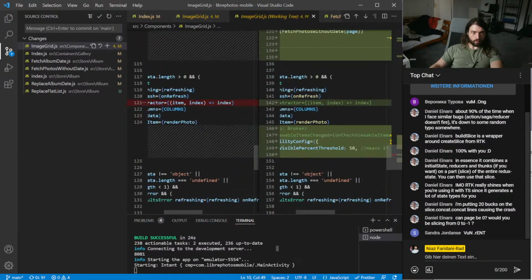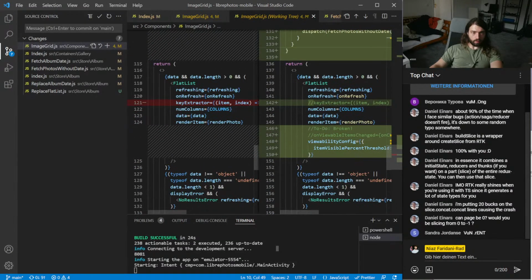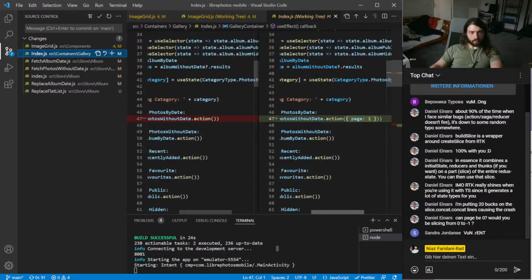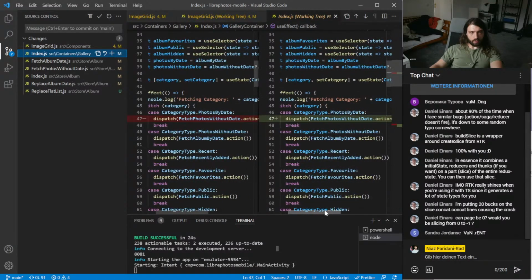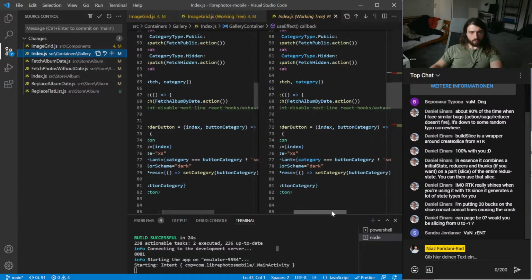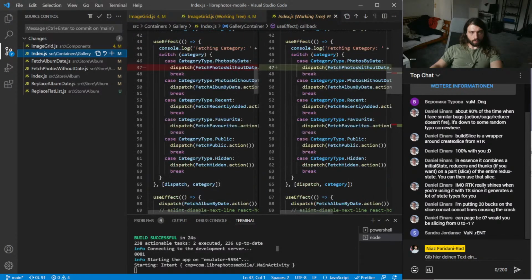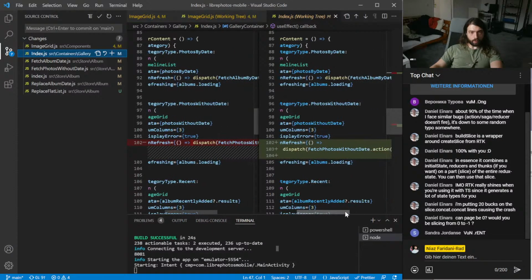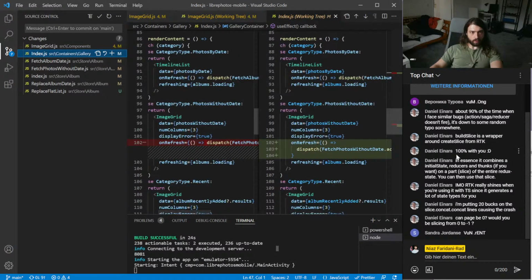So I have still that to fix. That is also correct. And we also implemented that. That's cool.